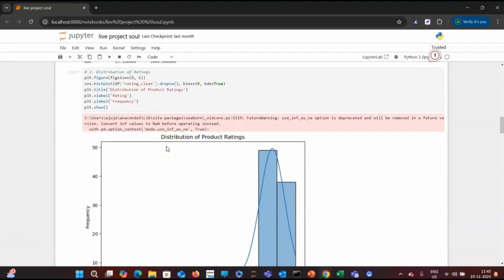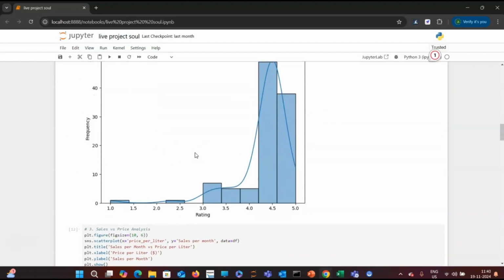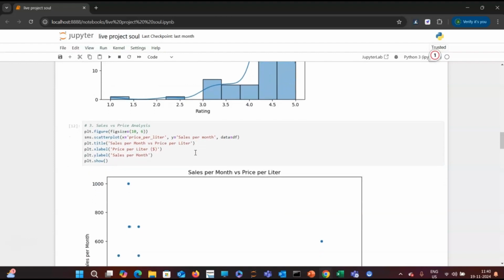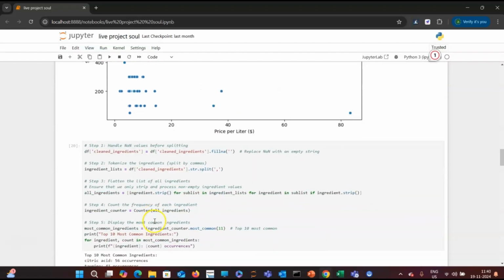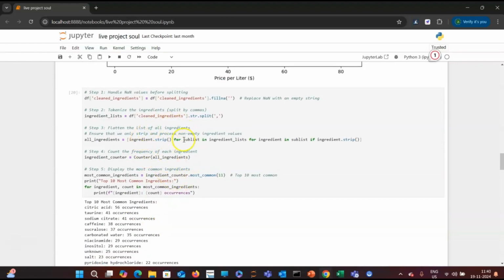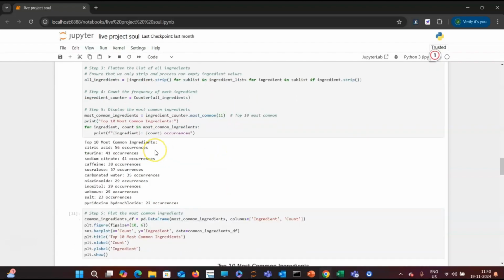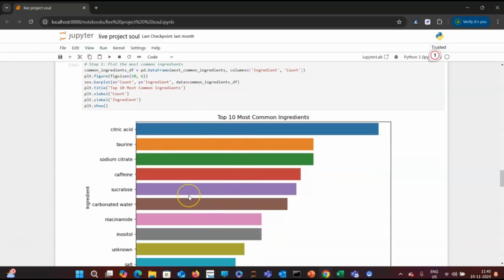And here are the visual charts. So the first visual is a histogram which shows the rating of the products. And the second visual is a scatter plot which shows the sales per month versus price per liter. And the sales is mostly happening on the lower price. And for finding the top 10 most common ingredients, we have used this code to remove the null values and separate the ingredients by commas. And these are the list of top 10 ingredients, and the visual in a bar chart shows the top 10